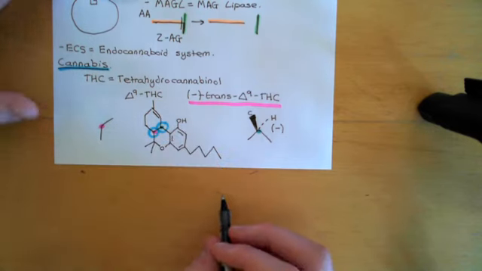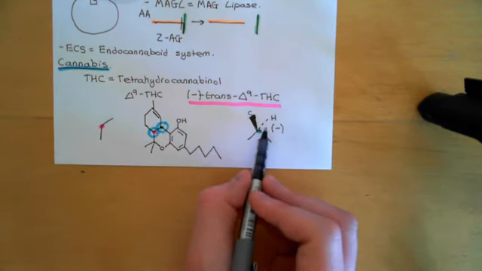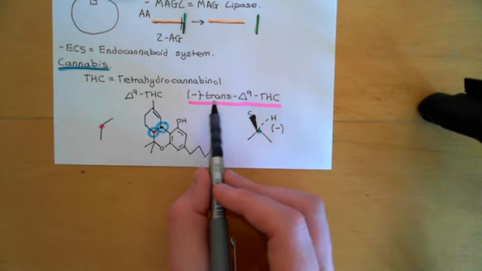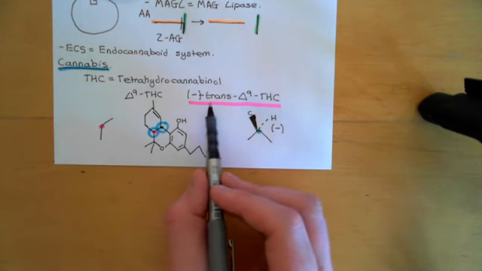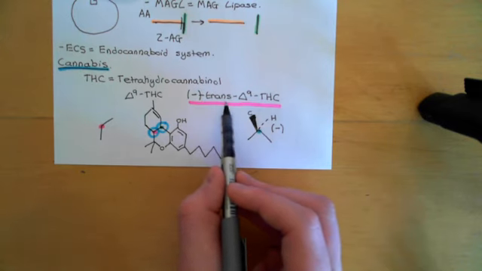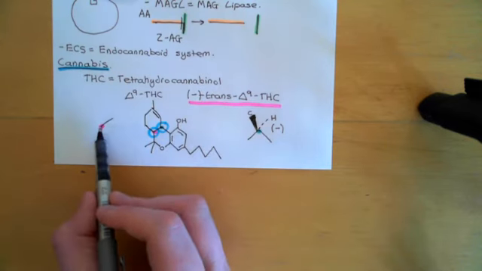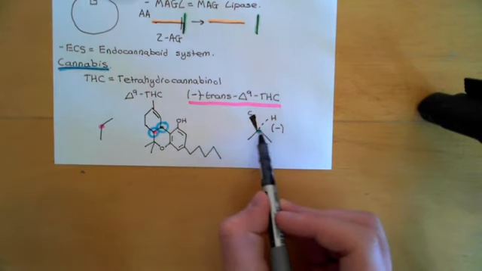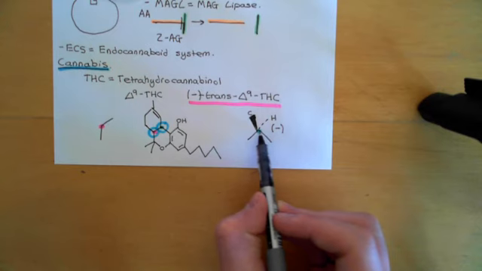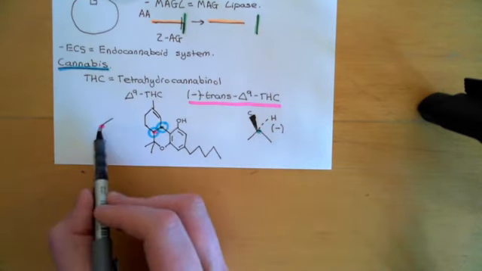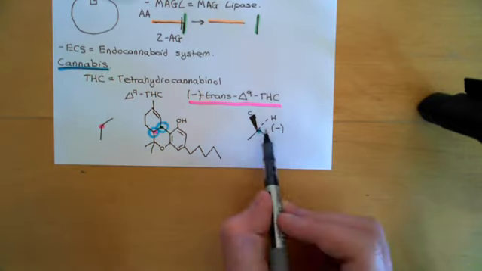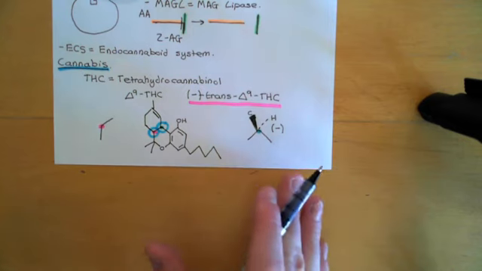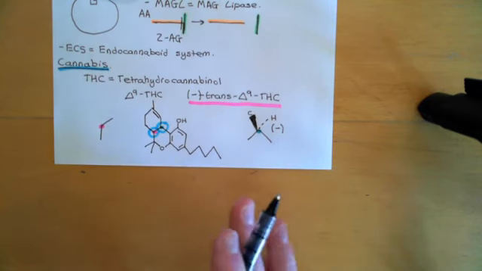Well, unfortunately, the naming isn't quite as nice as for this one. It gets more complicated because now we go over to naming it with cis or trans. Now what does this mean? Well, the fact that this is in the trans conformation means that the hydrogen that comes off this one is going to be in the opposite direction to the direction that the hydrogen comes off this one. So that means that the naming of the orientation of this one depends on how this one was oriented, which in my opinion is just stupid. It makes it more complicated than it needs to be, but that's the way we do it.